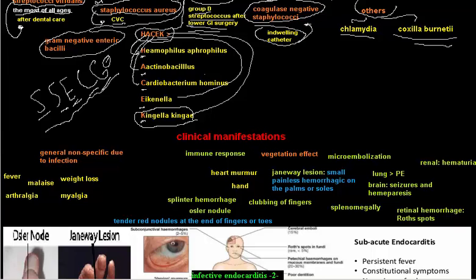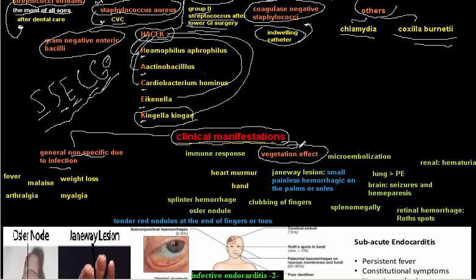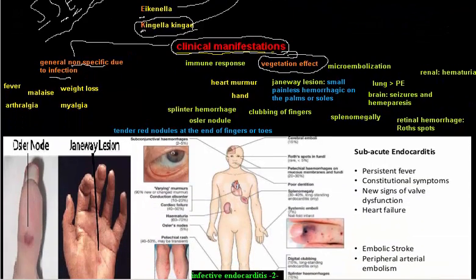Okay, so this video is to talk about the clinical manifestations of infective endocarditis. The clinical manifestations of infective endocarditis are due to one of two things: the general or non-specific infection, or the effect of the vegetations that predispose for infective endocarditis. Let's start with the general or non-specific symptoms, like any symptoms of any infection: the fever, the